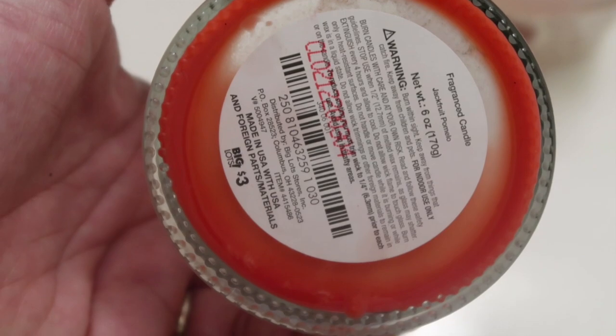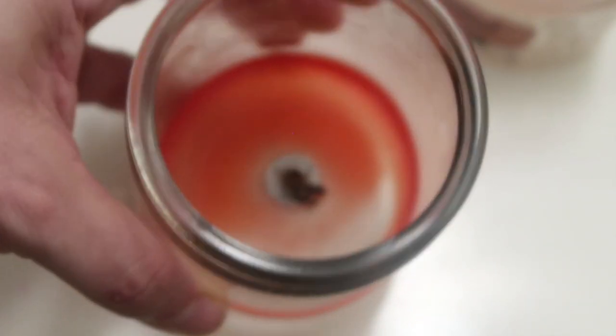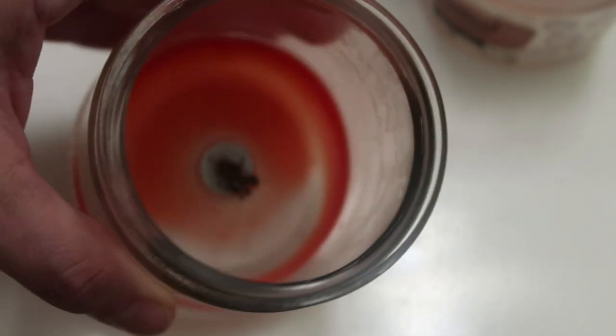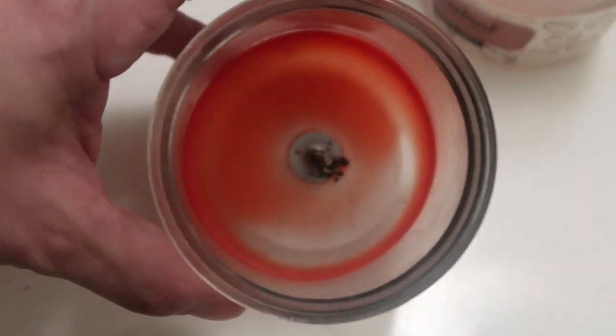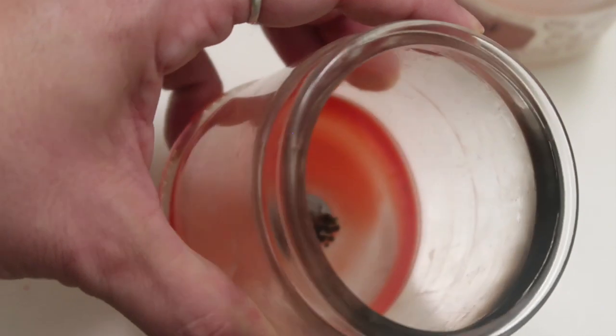And you can see down there that it was $3 from Big Lots. So this must be their brand. And this was $3, which is not so bad for a decent sized candle. You can see how well it burned, and it smelled